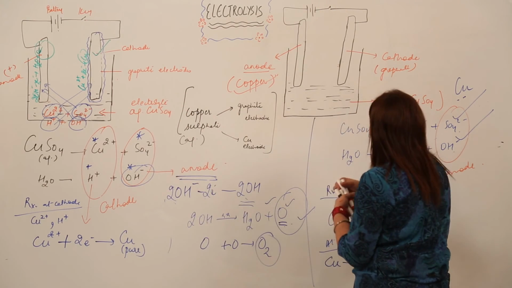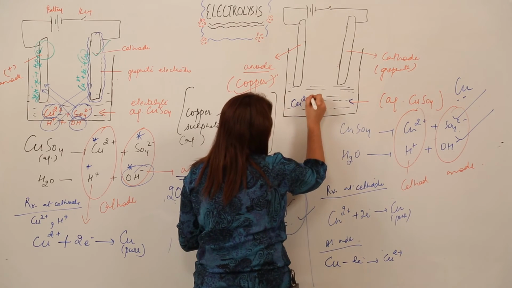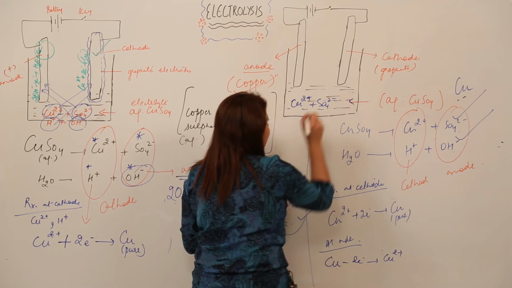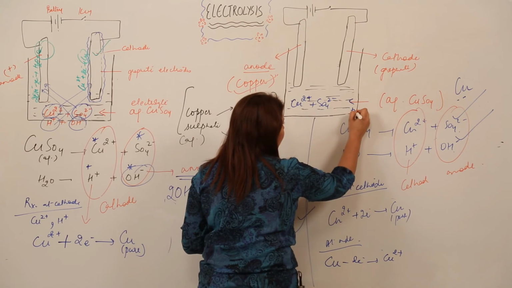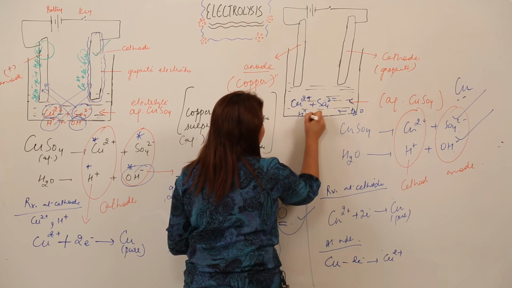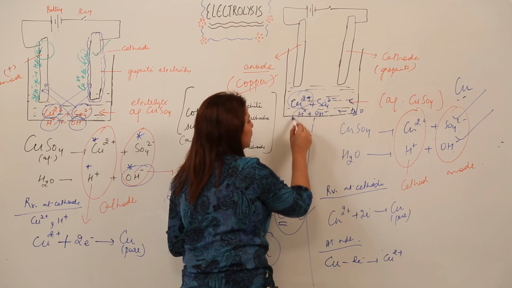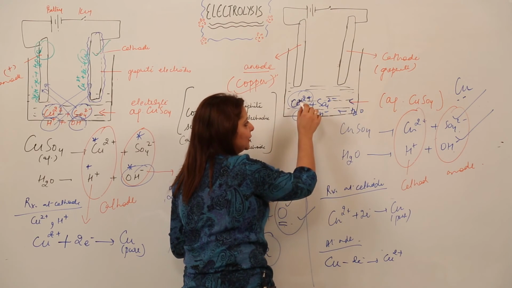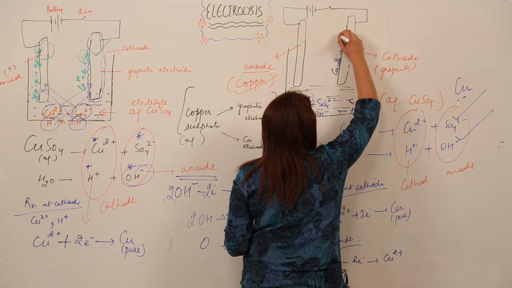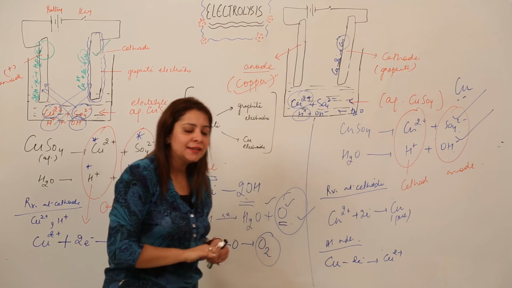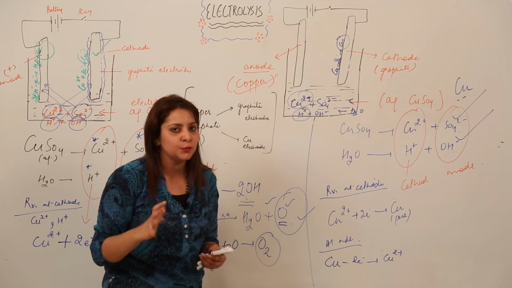What happens actually? This CuSO4 breaks into Cu2+ and SO4 2-, it is clear to you, right? And we have water too, so it also gets split into these, right. And as we know, out of them they move towards the cathode, but this has the lower electrode potential. That means it is getting reduced, right. That means the cathode is continuously coated with copper atoms, right.